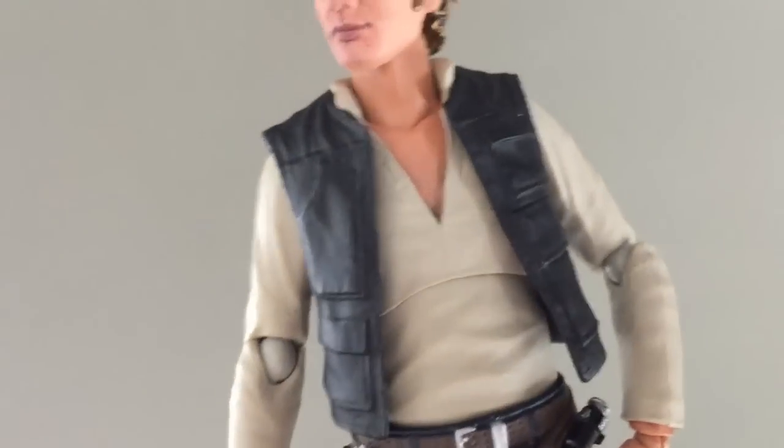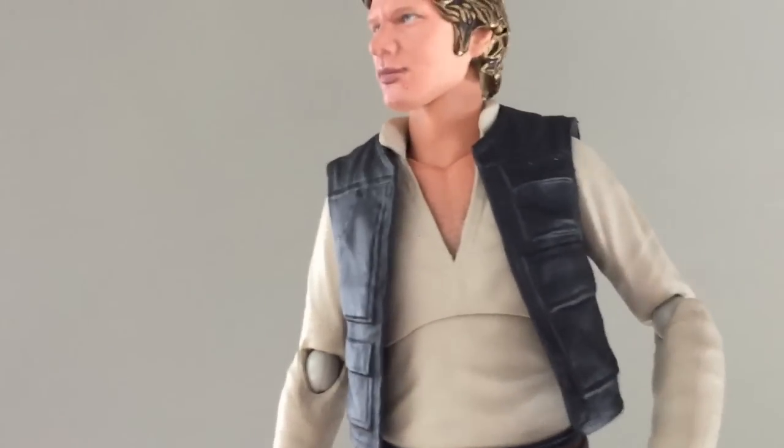If you look, they gave him a little bit of chest hair. That's awesome. That's pretty sweet. Why not? Yeah. Go for it. I'm gonna say,